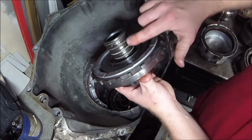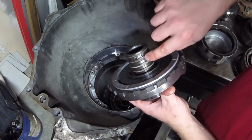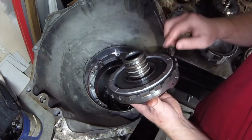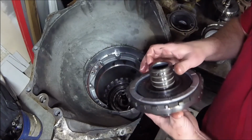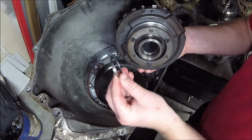So this right here, one of these, I believe it's this one right here, this Teflon seal. I think we leave this one out whenever we reinstall this because it's what's called dual feeding the direct clutch. So it's kind of to add a little bit of extra strength to the direct clutch whenever you're putting it together. And you can see there's a little, ooh,